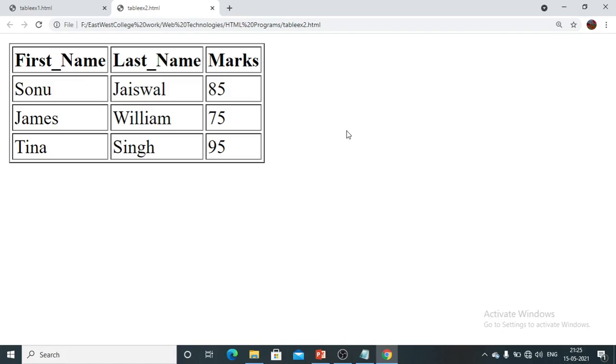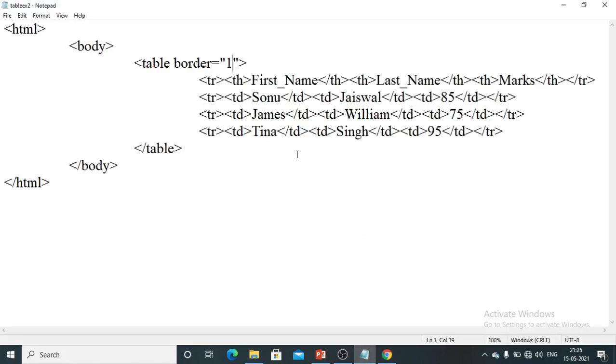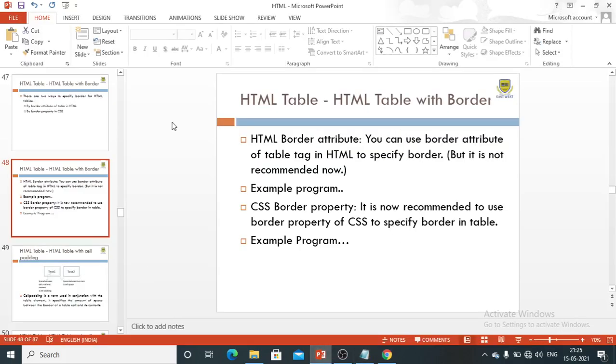Let us check out how to write the program with the CSS property for table. Basically, it is recommended to use the CSS border property to specify the border in a table.